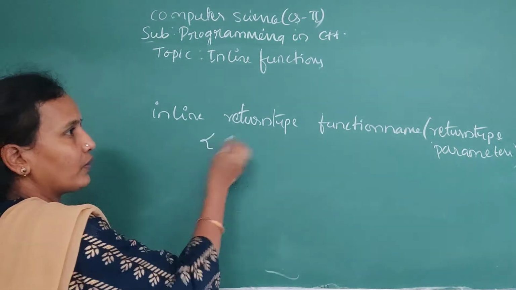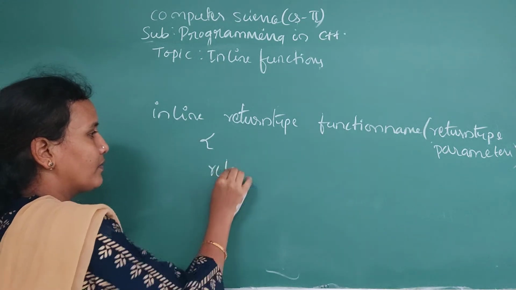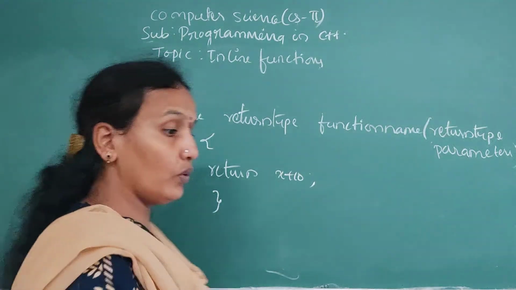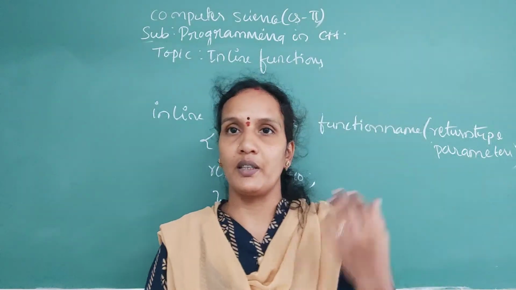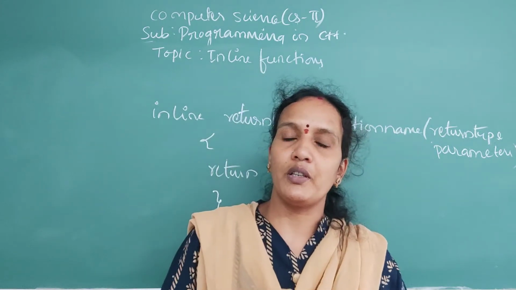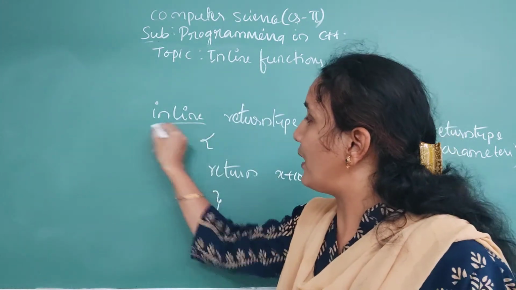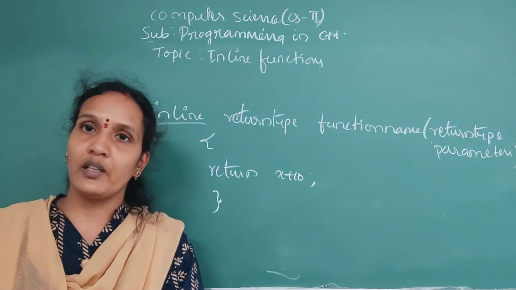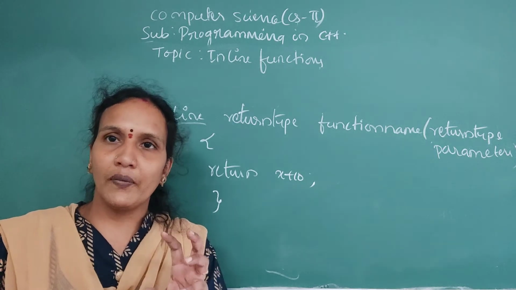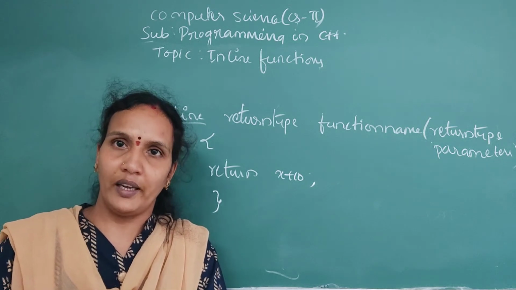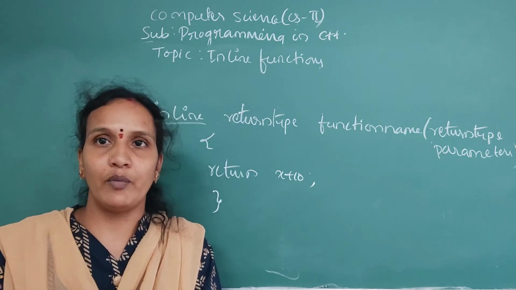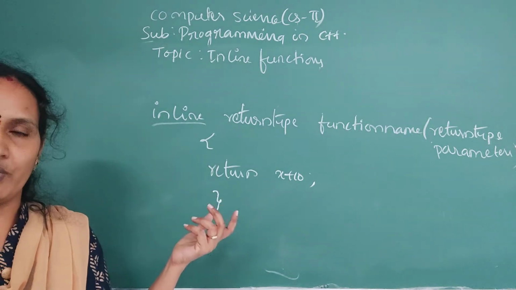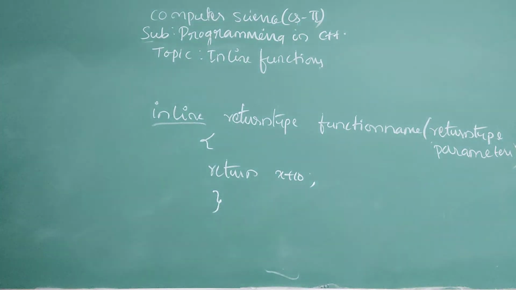Now example here, what I am doing is return x plus 10. So the thing is, when you create the inline function, when you give this keyword inline, at that time only the body of the function should be given. There is no separate declaration, there is no separate calling. Once you have added keyword inline, that function should be defined at the time of declaration. There is no separate code for a prototype and a function. Okay, you take screenshot of this. I'll give you one example program.